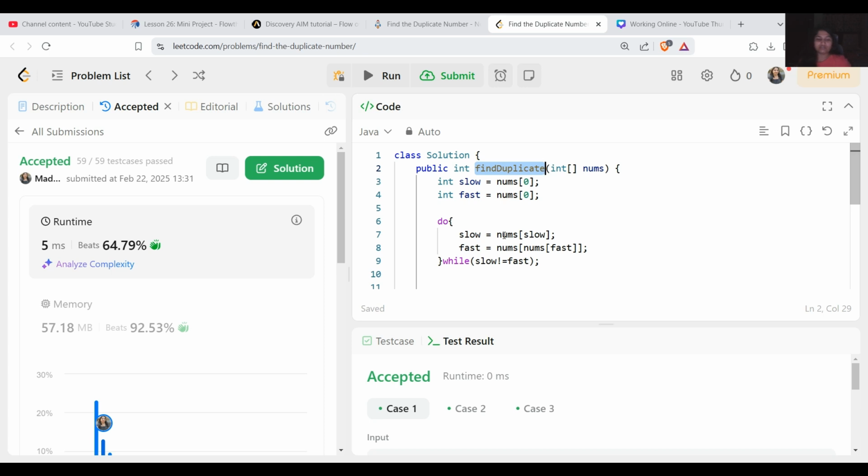So it depends on which approach you want to follow, but in my opinion this cycle detection is the best one, because there the time complexity is faster than sorting. Okay, it will take O of n only, and the space complexity is O of 1 only. We are not using any extra memory. Okay, and we are also not modifying the array, unlike sorting. So that makes this problem more efficient to solve with cycle detection.